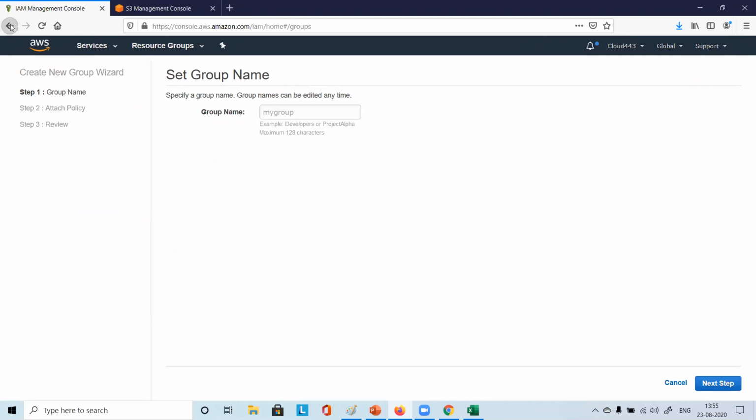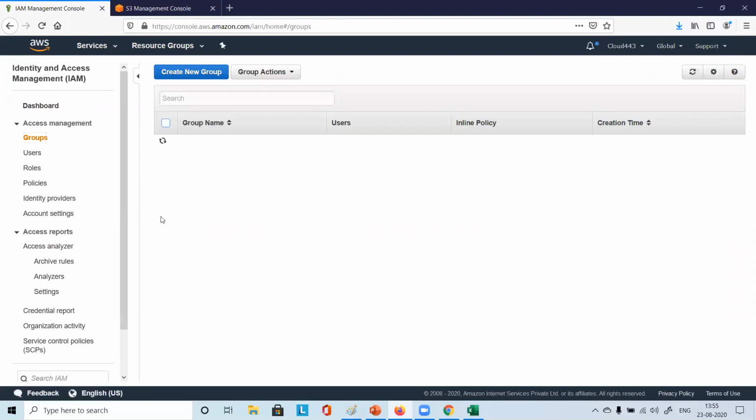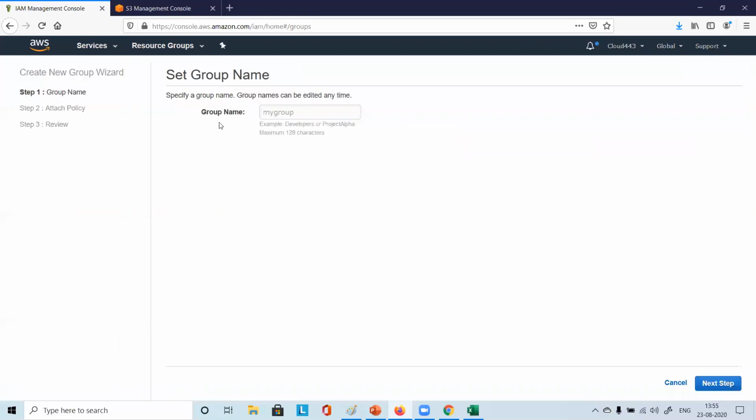We could give that permission in this group also, but we want to make it more modular. If we create another group where we grant an IAM policy for changing the password, then we can put other users in that group too. That is the purpose of a group, actually. Understood, right? So we'll create another group.